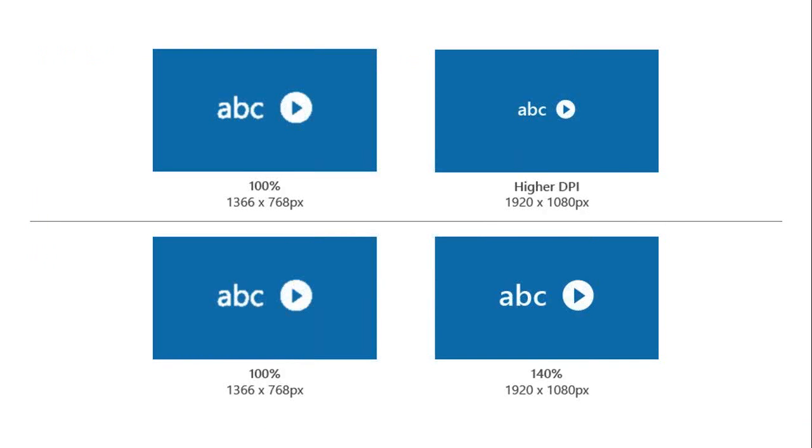Here's a thing on the screen right now, which shows on the first row a 100% 1366 by 768 pixel screen, and on the right hand side of the first row, the same application running on 1920 by 1080 pixels.